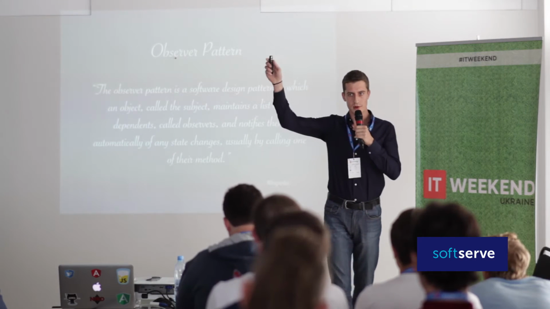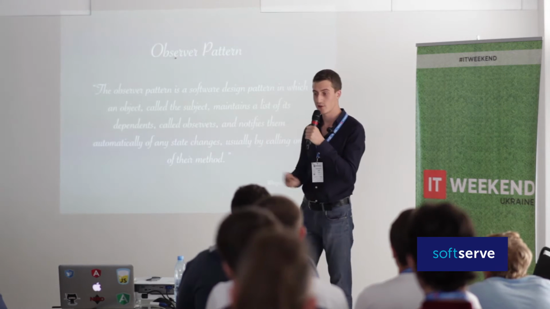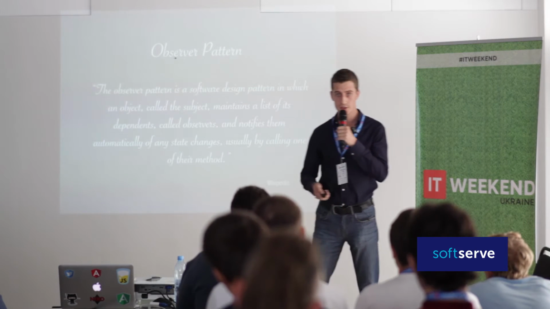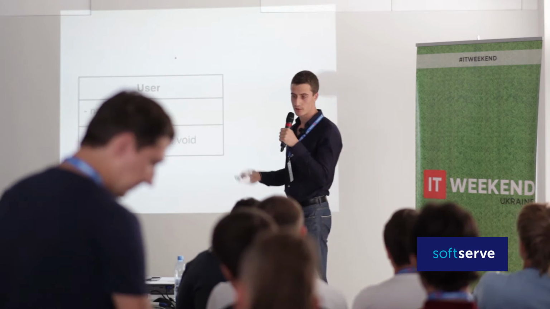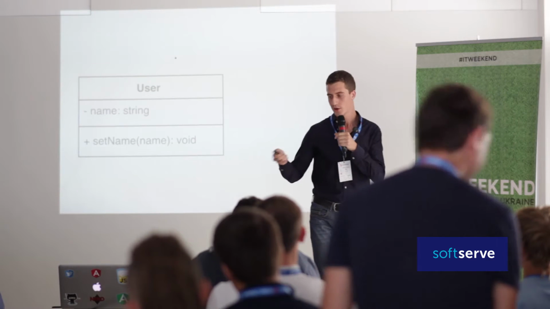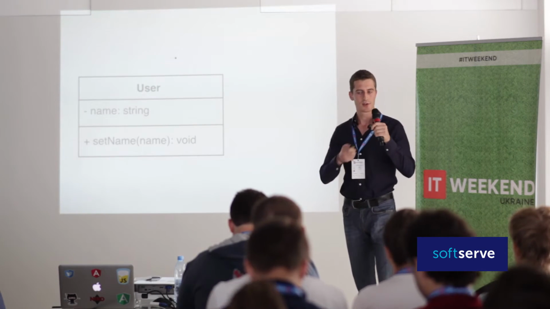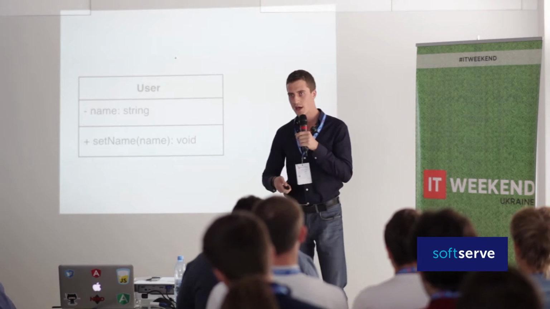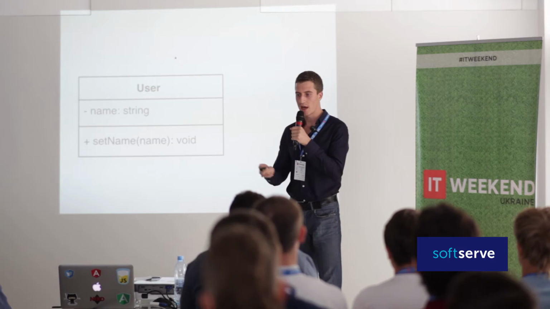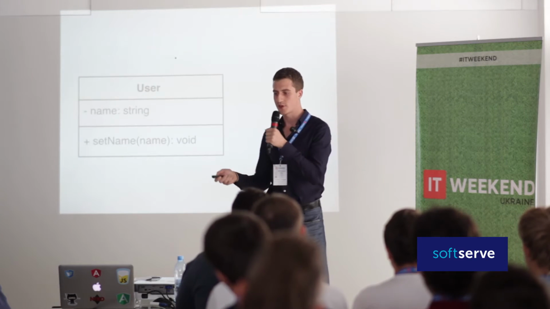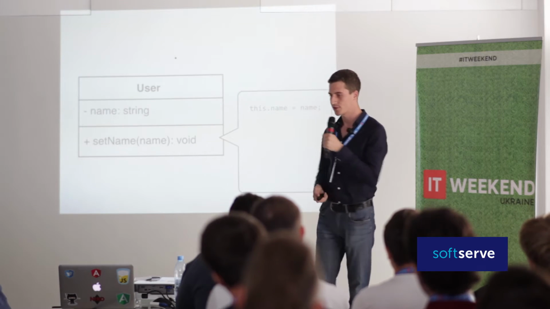Are you familiar with the observer pattern? Awesome. Well, that's a design pattern, not architectural, which was initially introduced by the Gang of Four in their book. So we can think of the observer pattern this way. We have our user. Well, this might be a chat application, so we have a chat application with different users. Somewhere on the screen, we are printing the username, and we have the list of users with which we are communicating. We have our class User with a private name of type string and setName, which is responsible for setting the name, something like this.